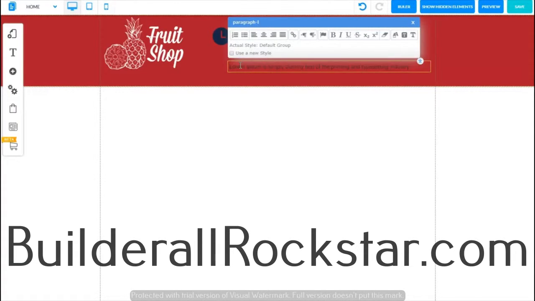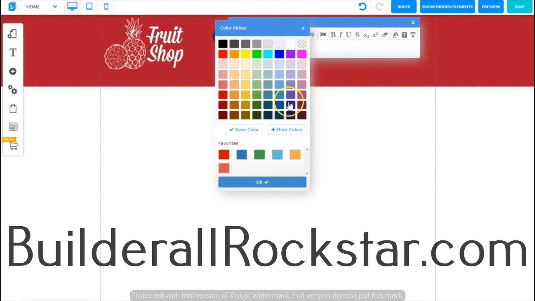That puts our cursor inside the text box, and then we can triple click, and that highlights everything in the text box. Now we can paste our text into the field. As you can see, it's black right now, very hard to read. So while my cursor is inside the text box, I'm going to highlight it again and come up here to this paintbrush icon and change the color of the text. So I click here, and it brings up a color picker, and I'm going to choose white,